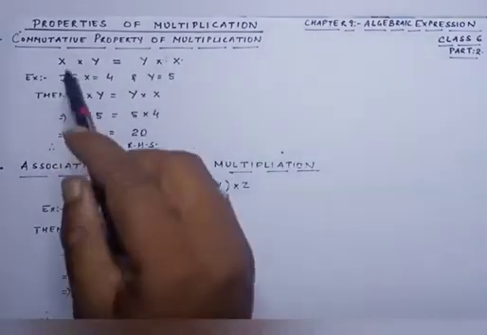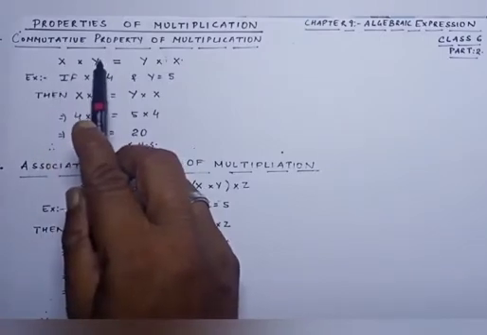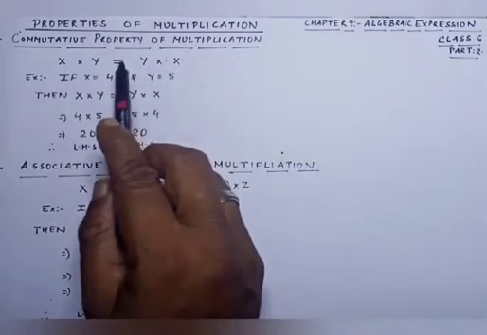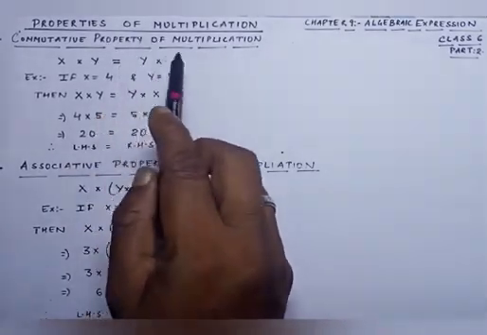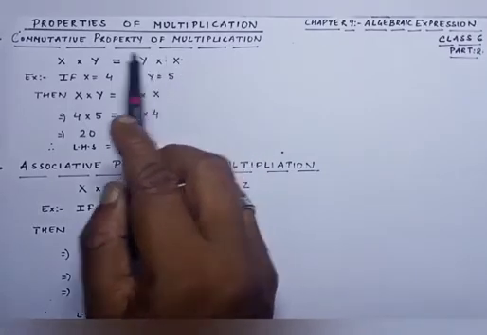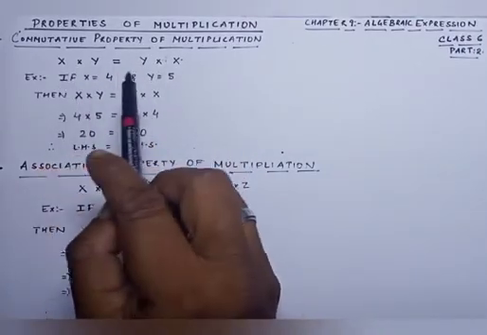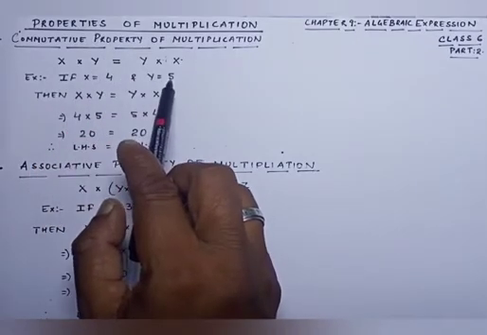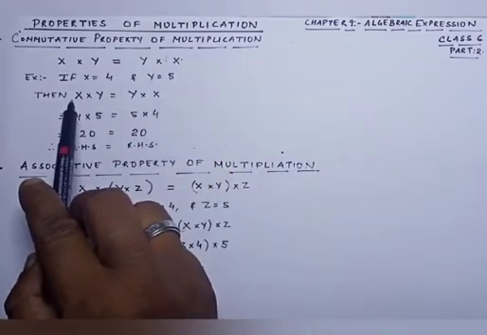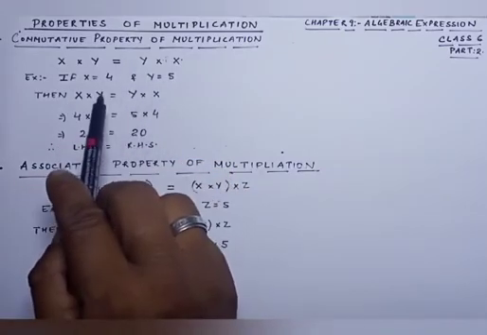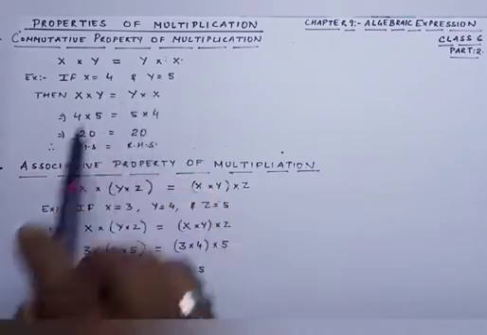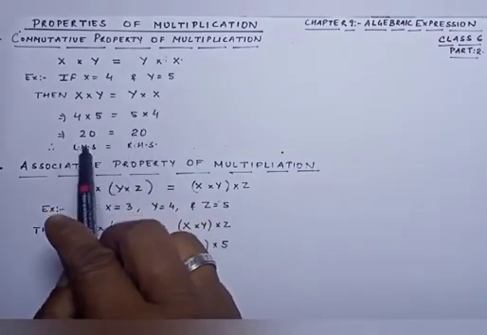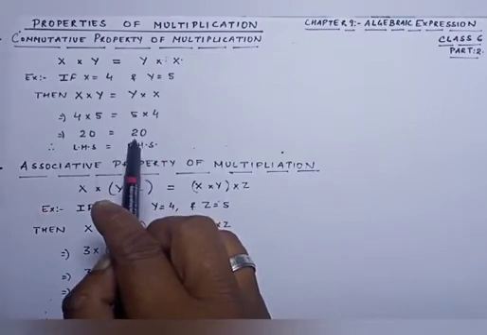It says that if we are taking any two integers and we are going to find the product of the two integers, and the places of those integers are interchanged, the product that we are going to obtain will be the same. If we assign x is equal to 4 and y is equal to 5, then according to commutative property of multiplication, x into y is equal to y into x. It means 4 into 5 is equal to 5 into 4. In both the cases, LHS and RHS are coming equal, that is 20.